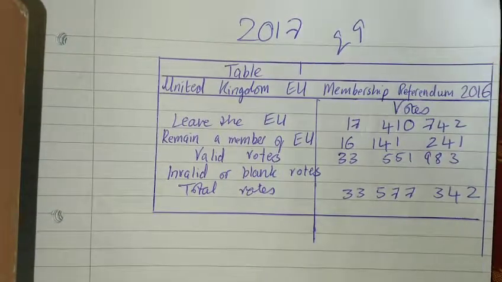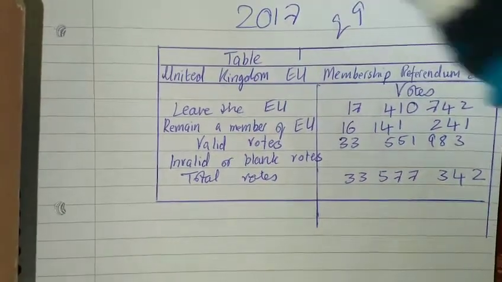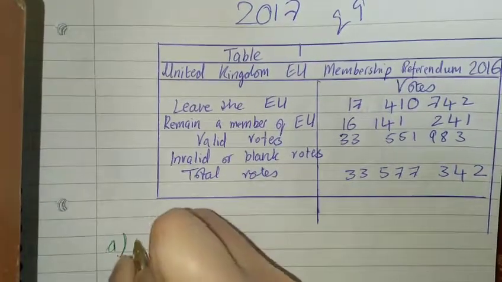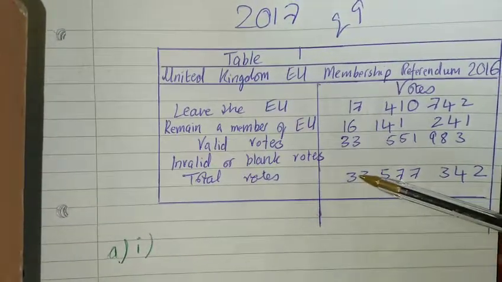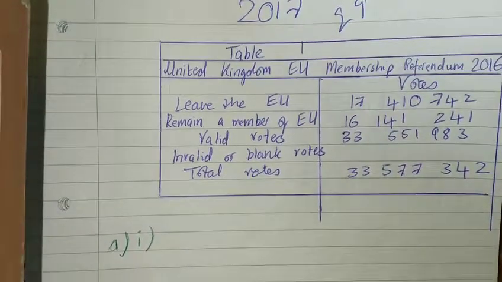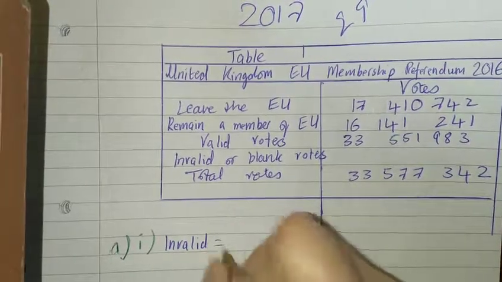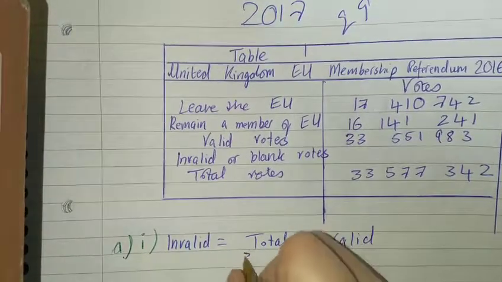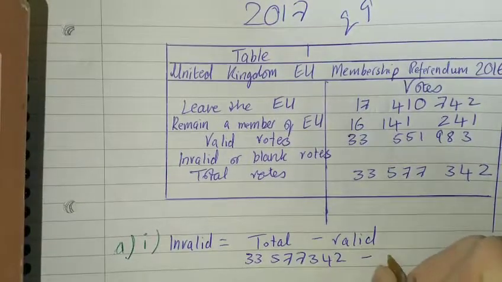So we're given information and the first question we're asked is to write the number of invalid or blank votes into the table. So the total number of votes is composed of valid votes and invalid votes. So that means the number of invalid votes is equal to the total minus the valid. So the total is 33,577,342, so it's going to be minus